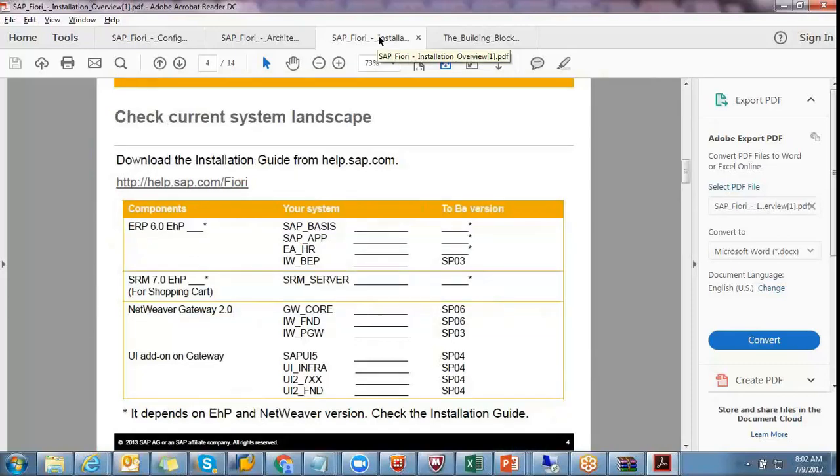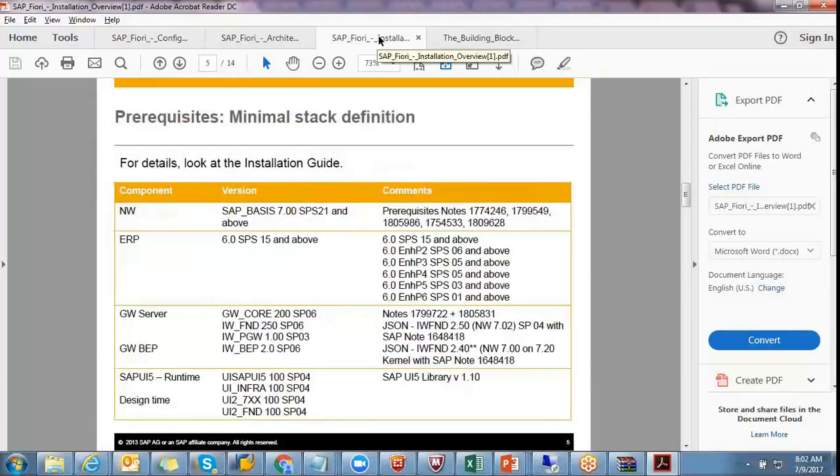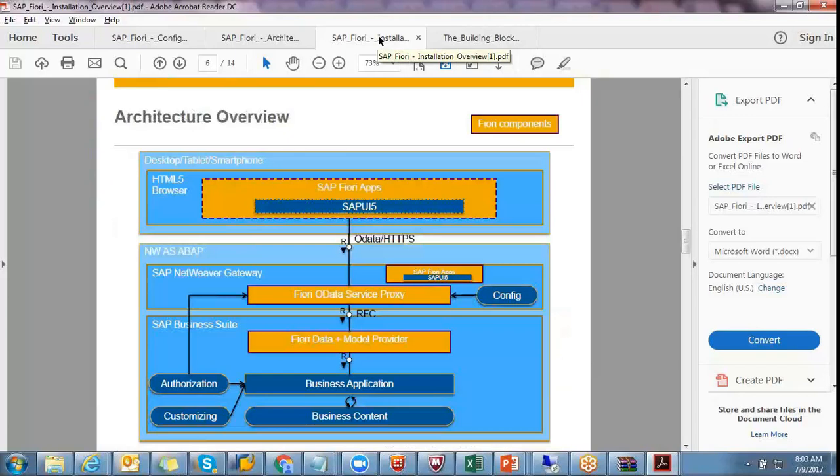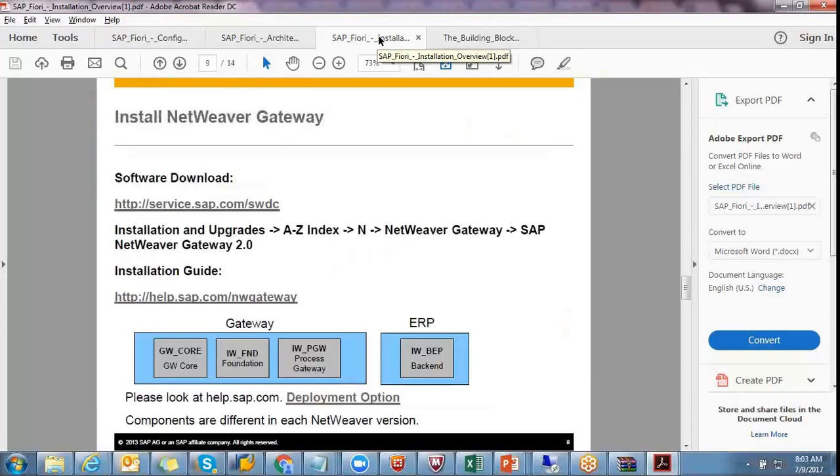Both components you have to install in your system: IWFND, IW core, GW core, IWPGW. Same as whatever we discussed, at the gateway level, front-end level: GW core, IWFND, IWBEP. These are the software components you have to install in your system.